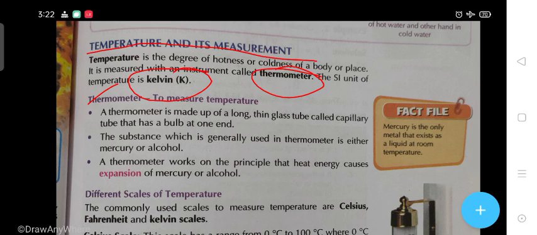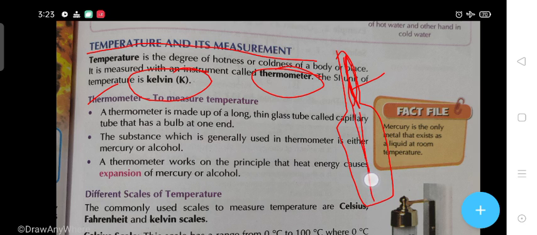And a thermometer works on the principle that the heat energy causes the expansion of mercury or alcohol. So students, here we have to use a thermometer. I hope you have seen such a thermometer, and in that thermometer you have seen that there is a bulb that is filled with mercury, and a long glass tube, and here is the measurement of degree Celsius or the Fahrenheit, okay, and it works